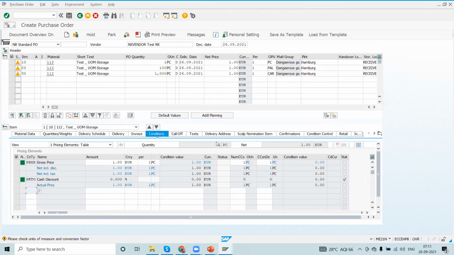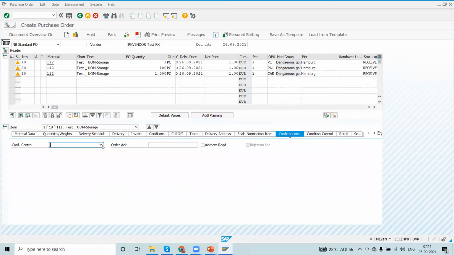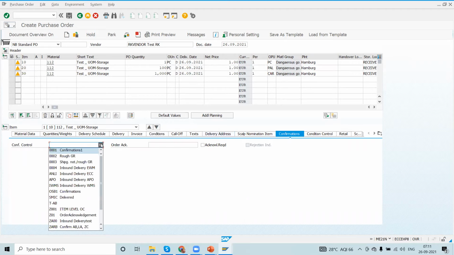Okay. Now one more field you need to fill. In the confirmation tab with respect to the PO, we need to fill the confirmation control key. Whenever we are transferring this purchase order, whenever you want to perform the GR in the EWM system, this needs to be transferred to the IWMS, the warehouse management system.